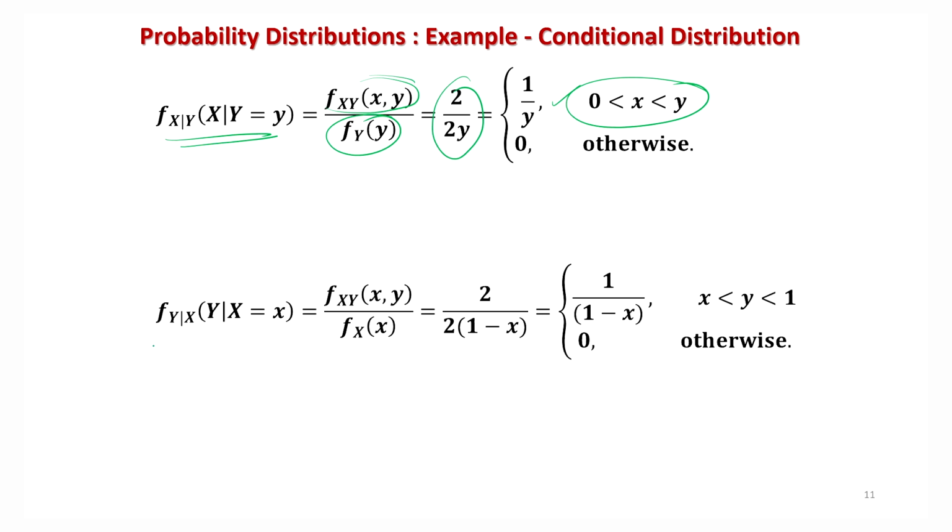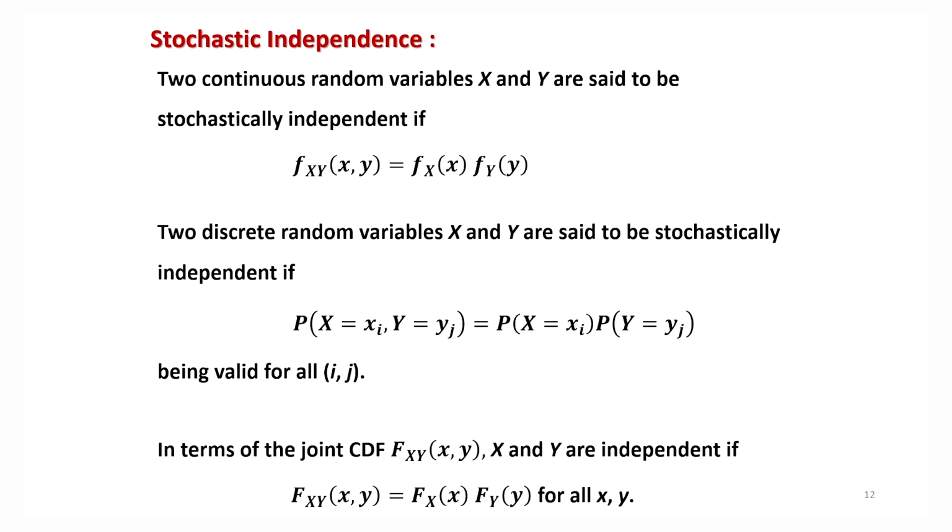And similarly, if you want to find the conditional density of y given x, this is the joint PDF of x and y divided by the marginal of x. You already have obtained this marginal PDF, and the joint PDF is given by 2, so it will be like this. So you can see that finding these conditionals and marginals is equivalent to solving an integral problem, that's all. Now after this we have another concept of stochastic independence,